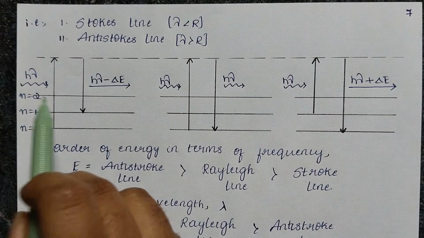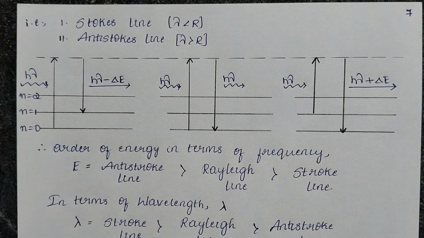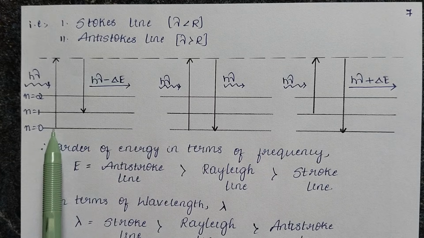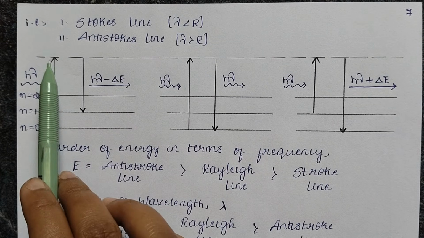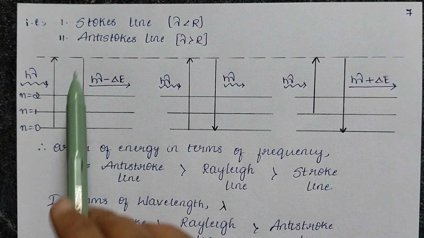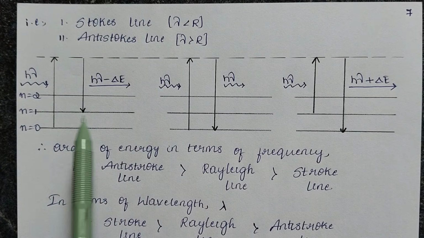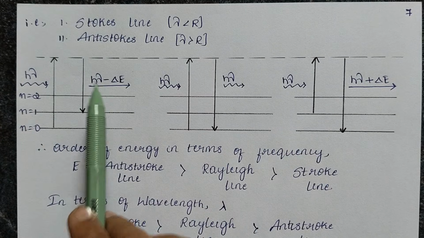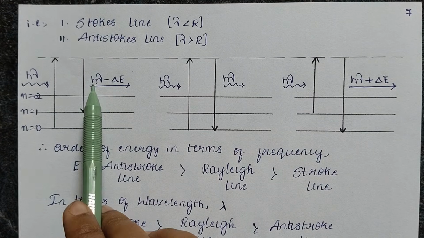And here we can see three different types of transition which takes place during the collision, or also we can term this as the transition of electrons or atoms in their energy level may also occur in three different ways. In the first way, when incident radiation hits an electron, the electron from its zero energy level will jump to its highest energy level, and after some time, obviously the electron will lose energy and return to the N1, that is one energy level higher than the initial energy level, and which will emit a radiation that is h nu